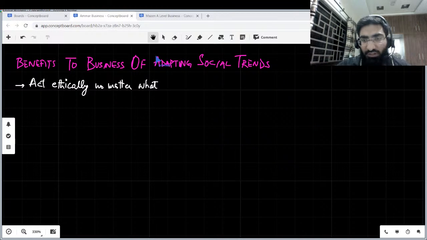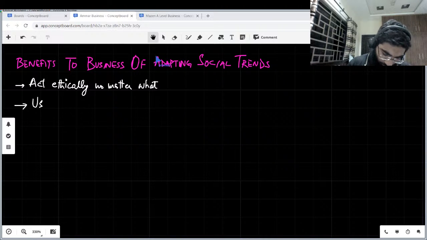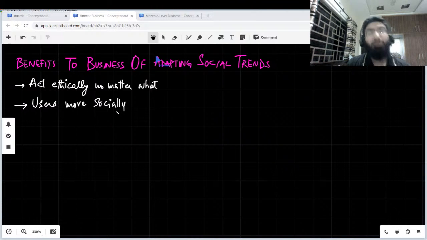users of the products are now more socially aware, and even if the business does not, users think about these social trends, and they would like to engage in business with organizations who think like them on these ethical questions. So for example, whenever there were these Draw Muhammad cartoon events, which were by some random Danish person,